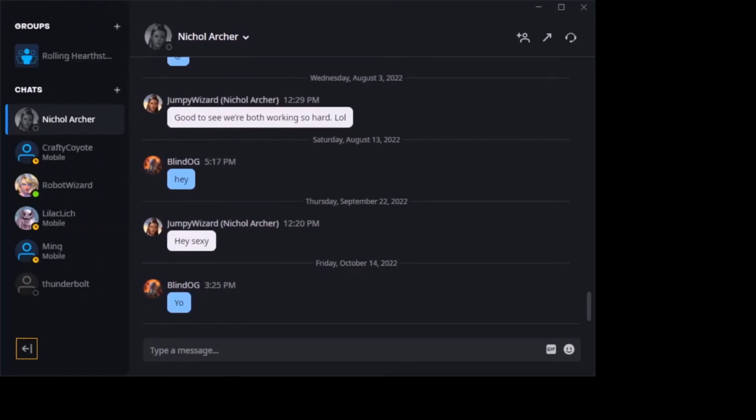So yeah, Nickel Archer button. Select chat and close chat with Thunderbolt. That's pretty much how